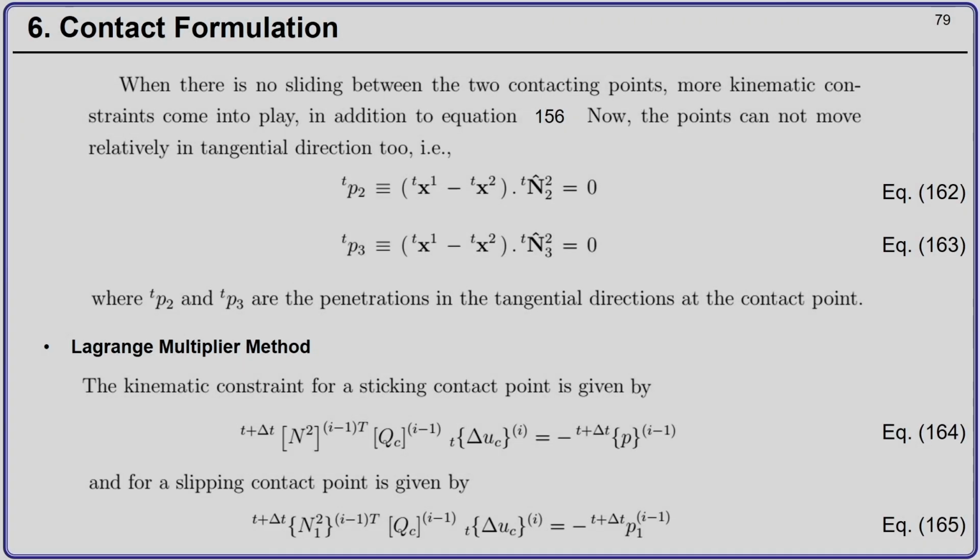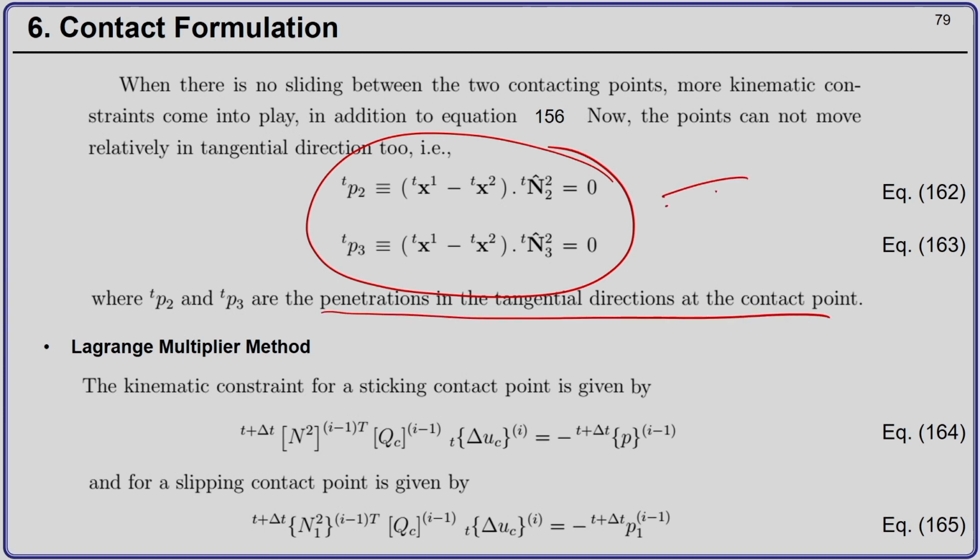Okay. So, these two conditions can be written in the following form, penetrations in the tangential direction in the following equation. And then once we have set up the penetrations and the impenetrability criteria, then we can use one of the constraint handling techniques available in contact mechanics, computational contact mechanics. There are penalty method, augmented Lagrange multiplier method, Lagrange multiplier method.